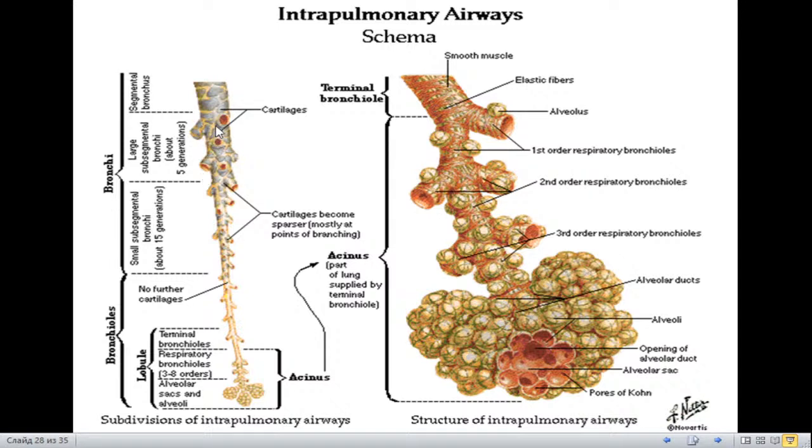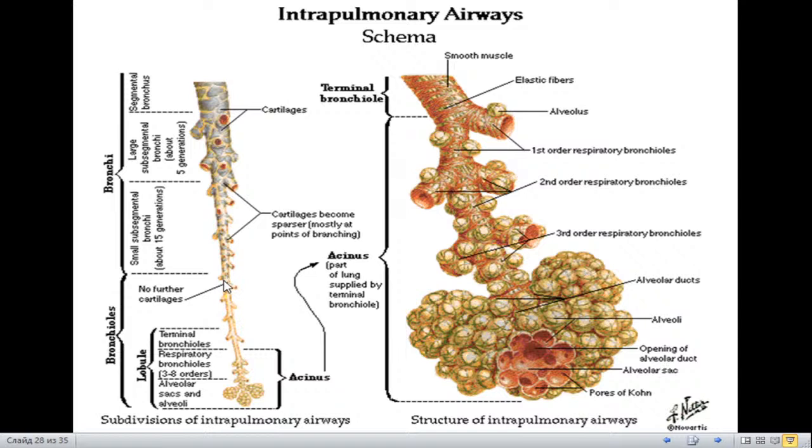Dichotomically means dividing into two subsegmental bronchi. Then smaller subsegmental bronchi divide for approximately 15 generations, and finally